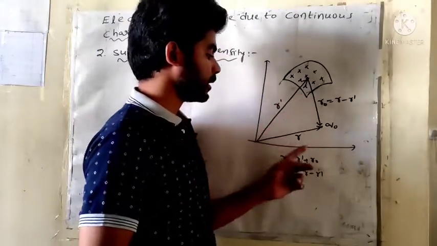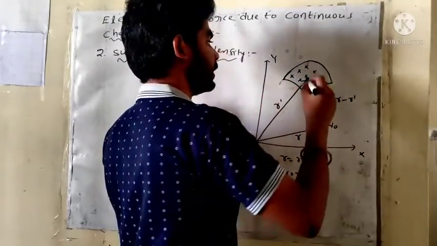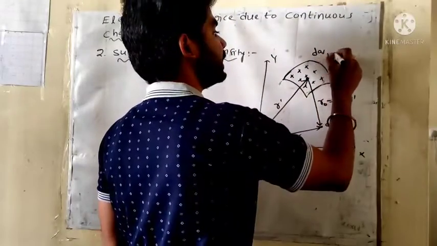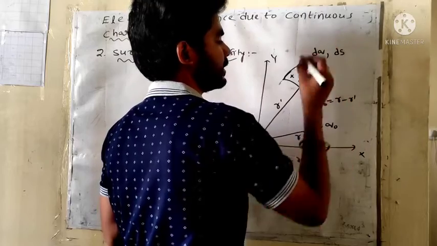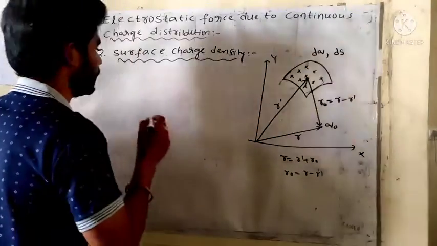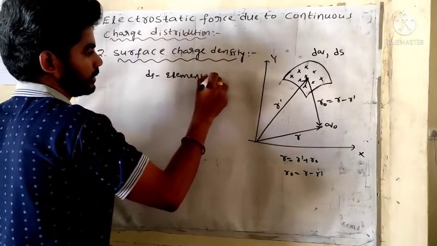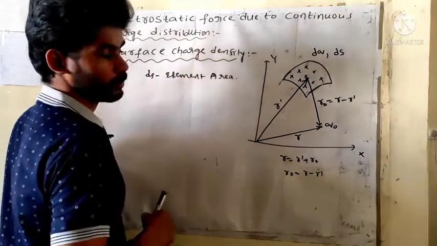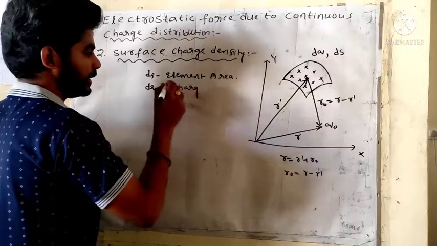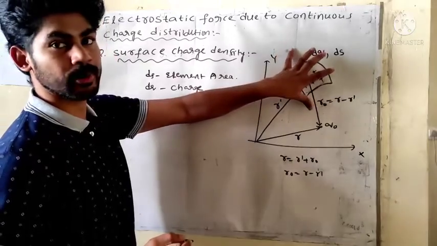Now, charge is distributed on the x-axis side and y-axis side because this is a plane. Here, how much charge is distributed in this small point, dq charge, in how much area, ds area element. I am taking ds here. ds is the elemental area, and dq is a very small charge. In ds area, dq charge is placed.